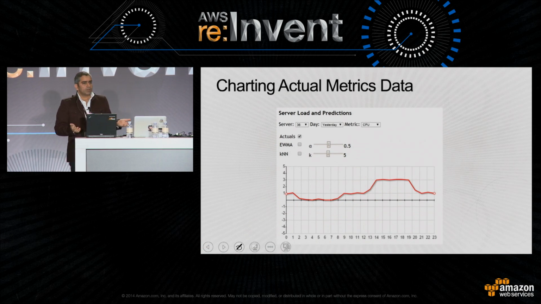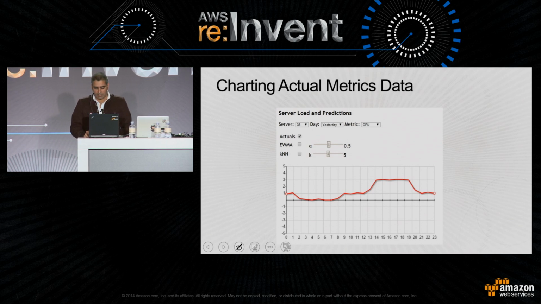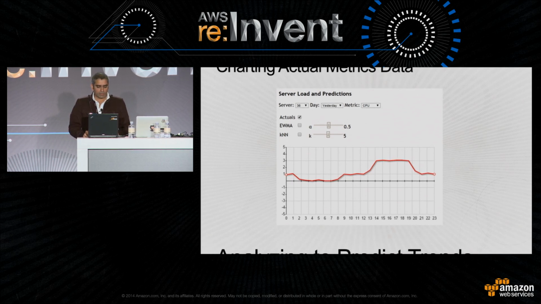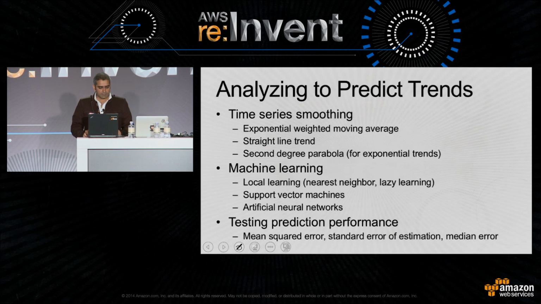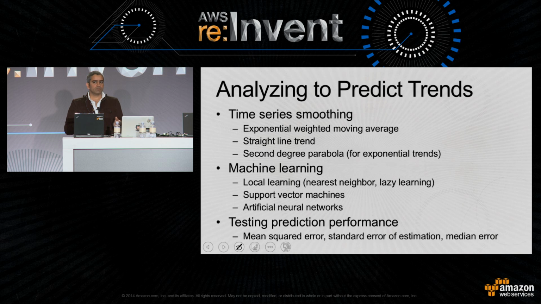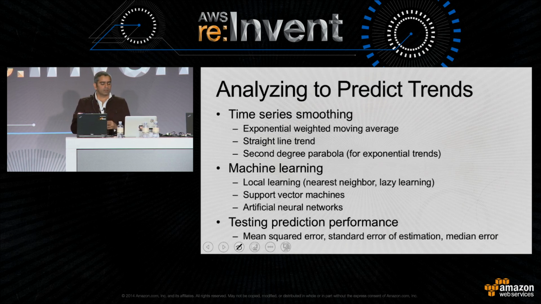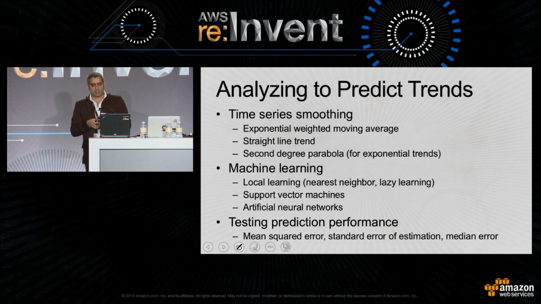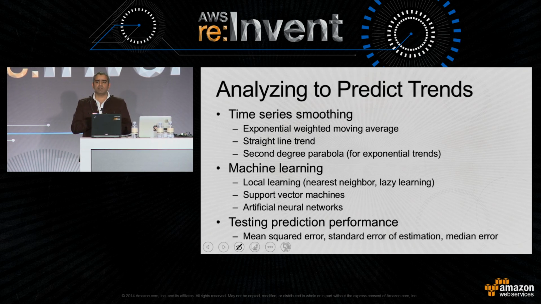So now what you want to do is you want to be able to chart the data. Very simple. You can use any charting library, and I'll show you that later as well, what I'm doing and what library I'm using. To predict the trends, first you want to try to smoothen the trend. That means you're taking into consideration all the variations that are happening and trying to create a trend, right?